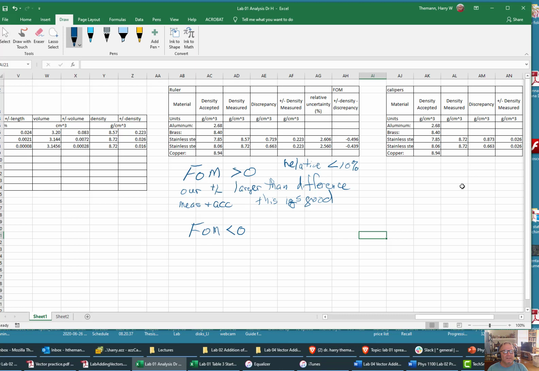Now, figure of merit less than 0, that means that our plus minus, our uncertainty, is smaller than the difference. And this isn't actually a catastrophe. So first of all,